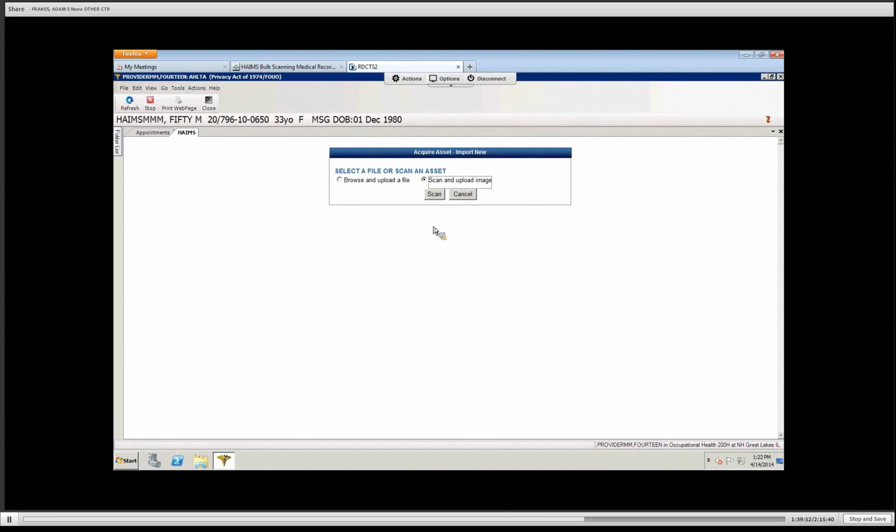That just lets you know that your scanner is not TWAIN compliant in order for you to scan directly from the scanner into HAIMS. It doesn't mean you can't scan from the scanner to your computer. That's a different scenario. This scan and upload button right here is to scan directly from a local scanner right into the HAIMS application itself. This is not scanning to your computer. That's a different method. So since I do not have a scanner, I'm going to utilize the browse and upload